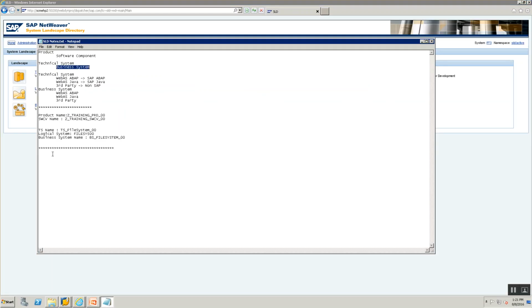And what were the names of that? That's what we noted down. These were the various names that we used. You might ask, why did we do all this? Do not worry, this is going to lead us to the next section, where we are going to talk about how the Enterprise Service Repository is going to be used, how the ESR is going to use these objects, and how we are going to start doing the development of our first interface.